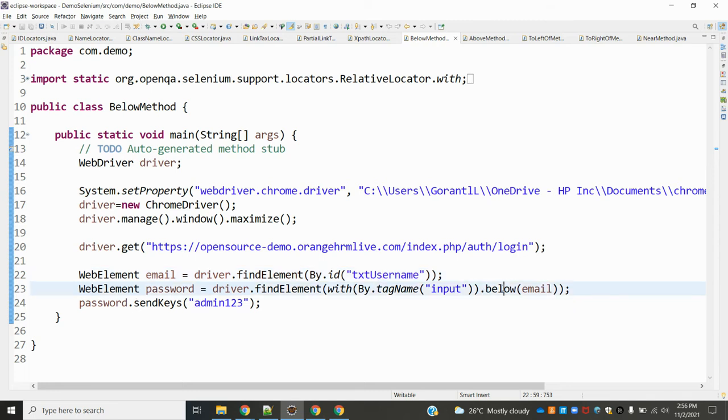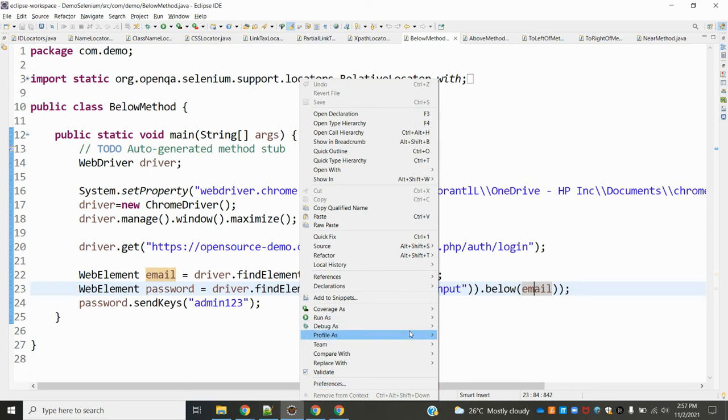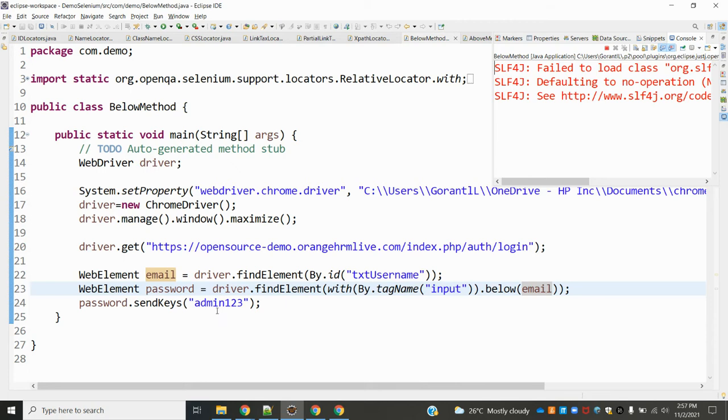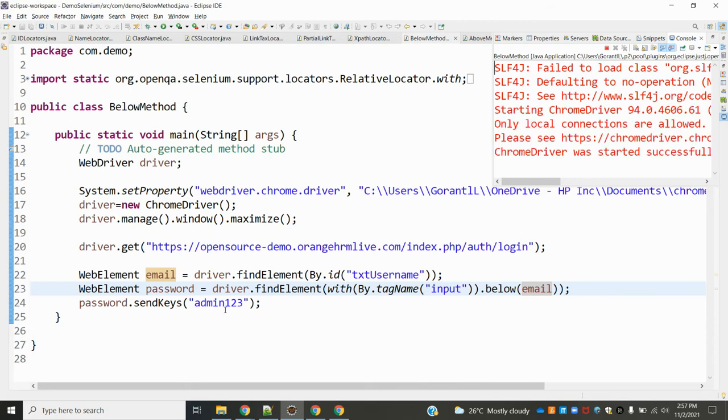Dot below, this is the one that will indicate where it is below. After the email text box, the password text box is presented, that it will take. This is the one, and send keys I used, and I pass the value. You can see it will pass the value admin 1234.